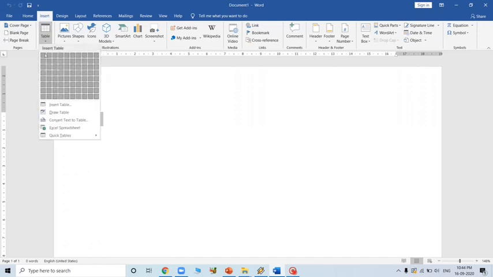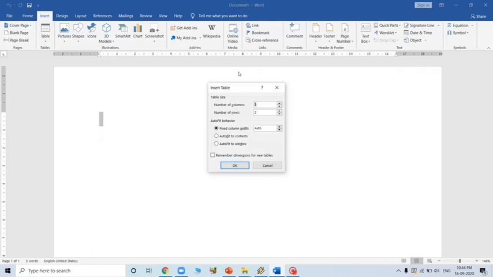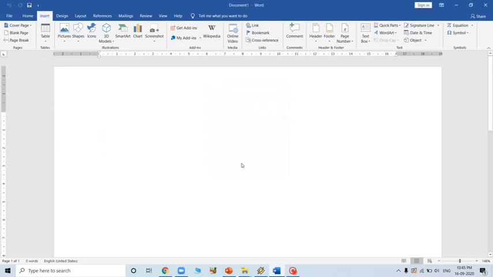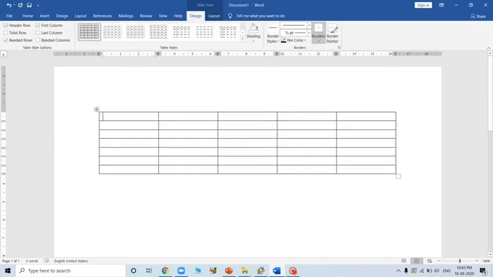We need to mention how many columns we need. We need 5 columns and 7 rows. Once you say that, just press OK and you will get this table. Now the table is ready.